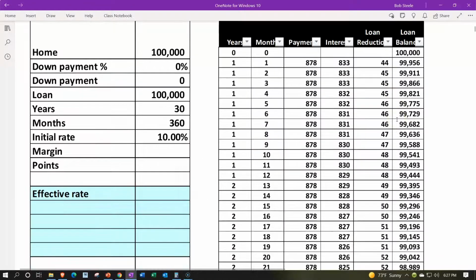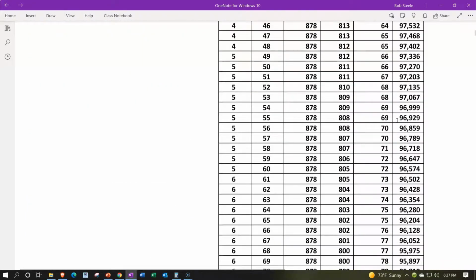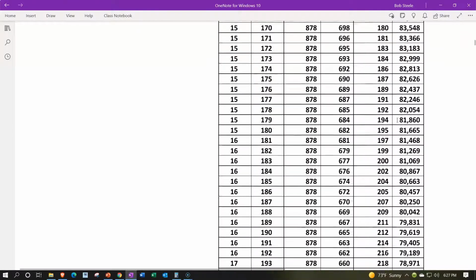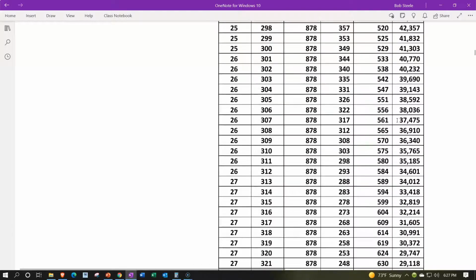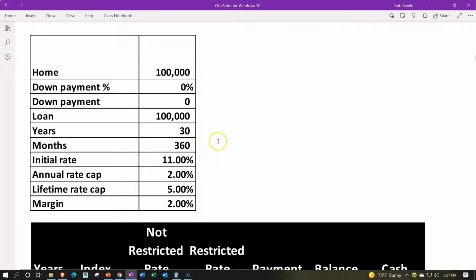And then we can see how the payment will stay the same. We can see the interest and the principal changing as time goes on, and the whole thing should be fully amortized by the end of the 30-year time period, getting down to zero, giving us that nice check figure at the end. Comparing and contrasting that now to the adjustable or ARM with the cap on it,